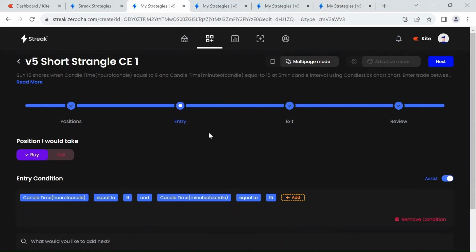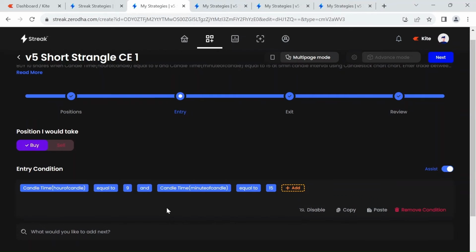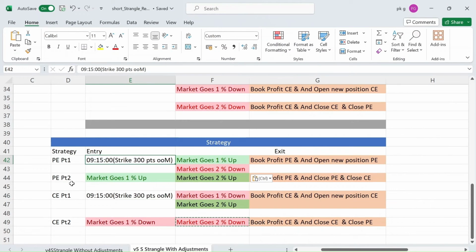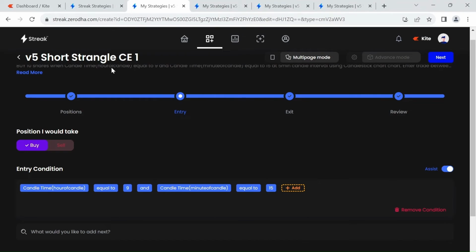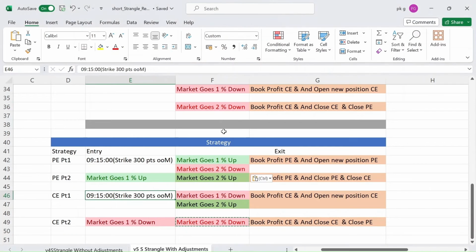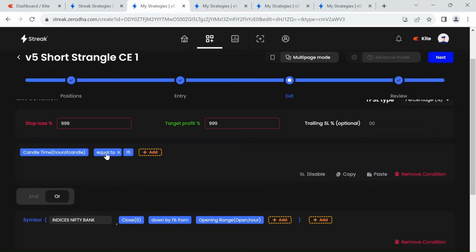And the entry condition, as we have seen here, is just time becoming 9:15. So candle time, hour of the candle equal to 9, and candle time, minute of the candle equal to 15. So that's our simple entry condition for our CE part 1 strategy. We are doing CE here. And exit condition will be either time became 15, that is 3 o'clock, or